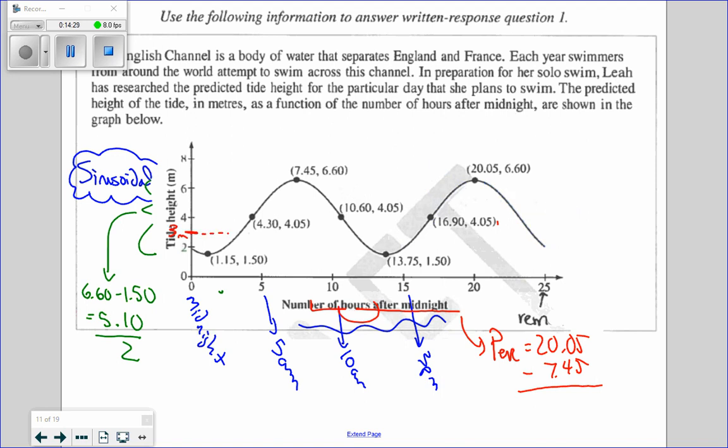So right here, the tide is rising. So do I include that point? No. I need to go all the way to right here. This is what I need to find. I need to know when the height of the tide is 3 meters and it's on the falling side. So it's going out. It's decreasing height. So I don't want to find this number. I want to find this number. Okay. So the way we do that